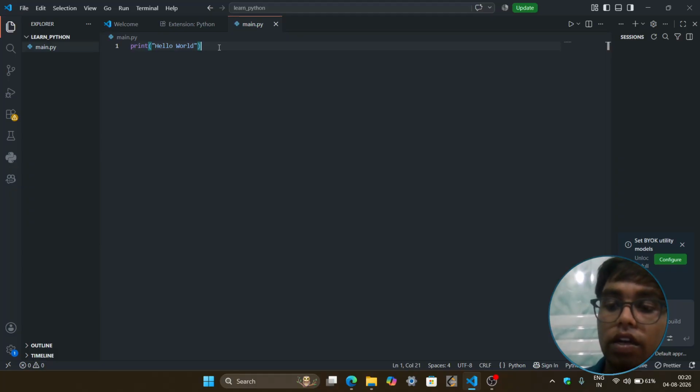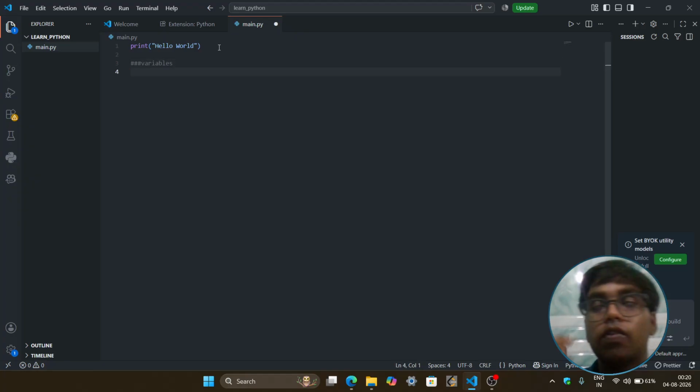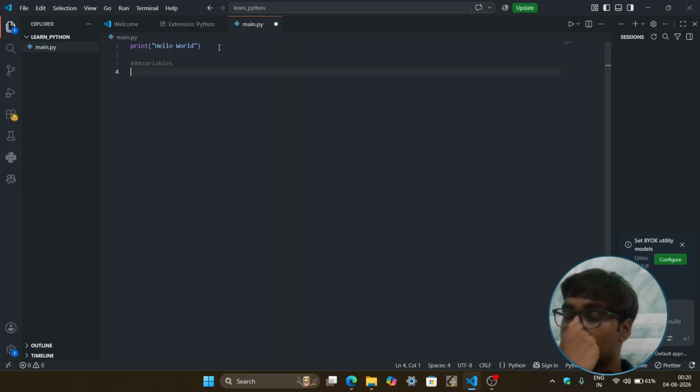So now we are going to learn about variables. What are variables? Variables are like containers. It's like a container which contains data.